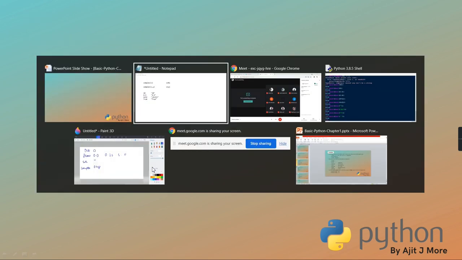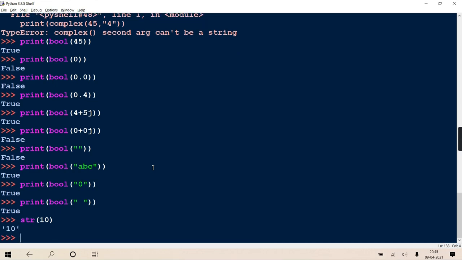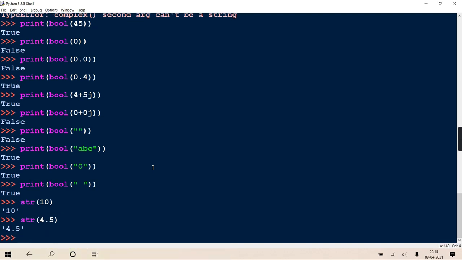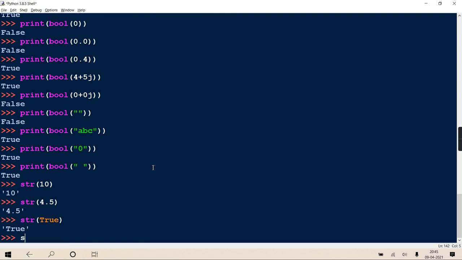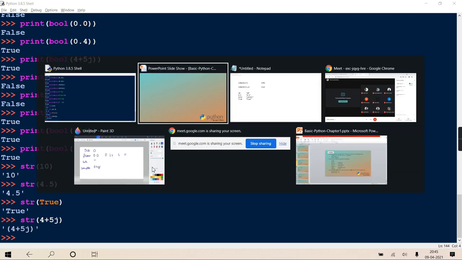Okay, if you want, I'll give you some demonstration. See, if I'm writing str of integer 10, it returns it as string. 4.5 to str. Okay, you are giving true to str, it converts it to string. 4 plus 5j converts it to string. So everything it just returns in string form.